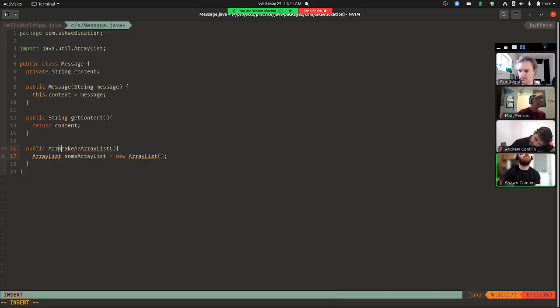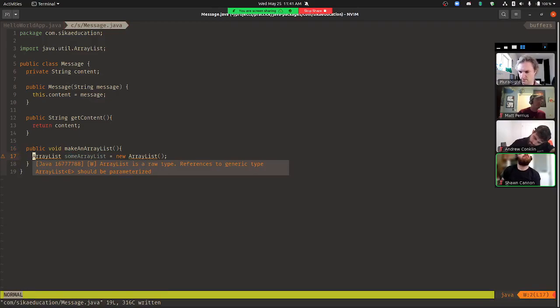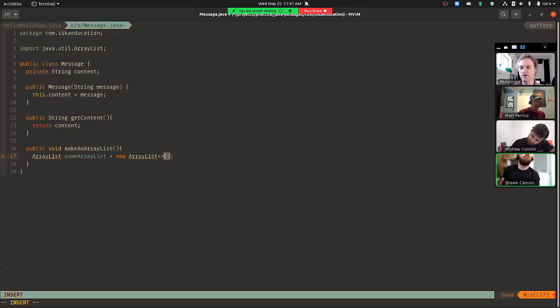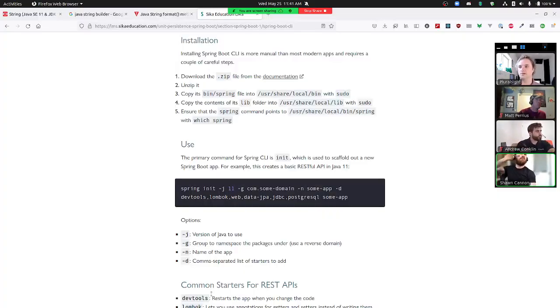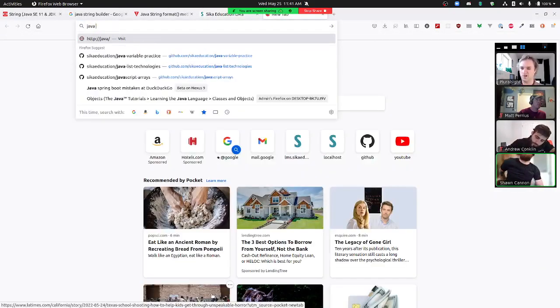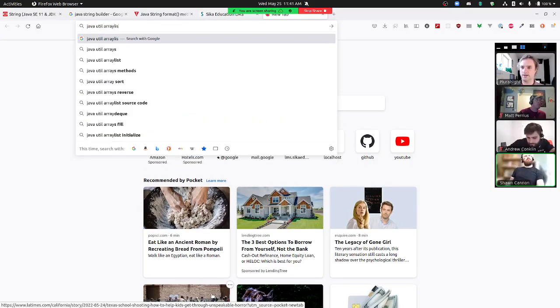Now, I have it return nothing. Oh, and it needs to know what I want it to be an array list of. So I can say it's an array list of strings. And then I can head over to the docs for that, which are java.util.ArrayList.